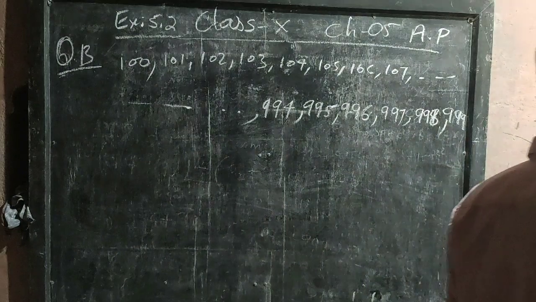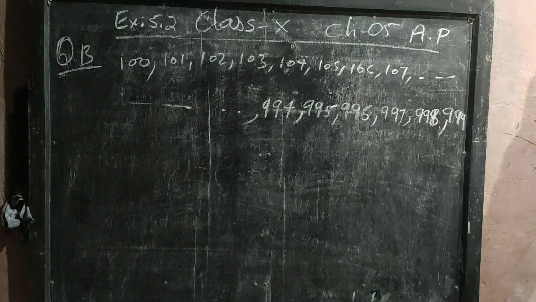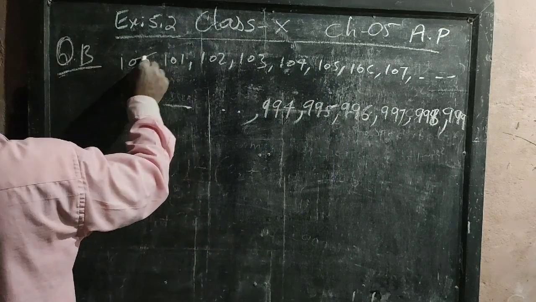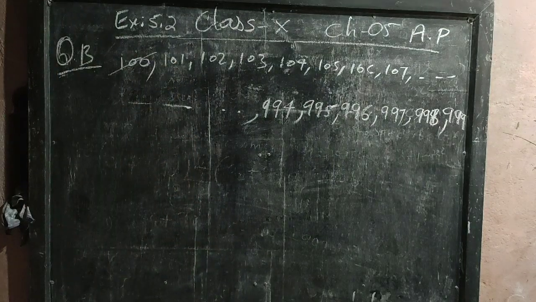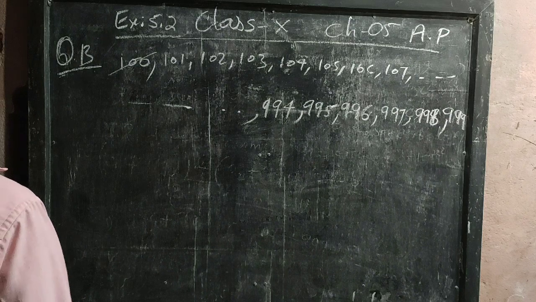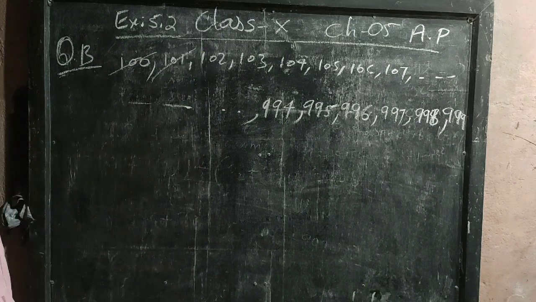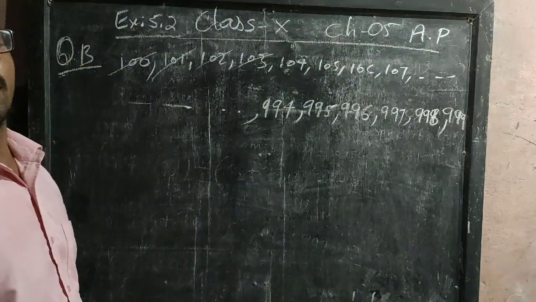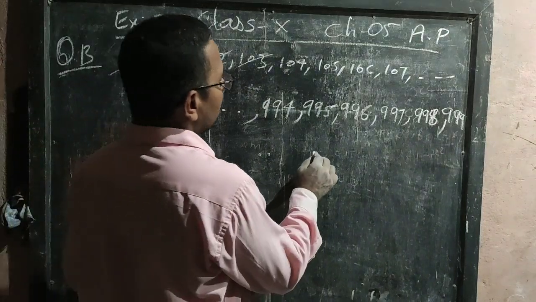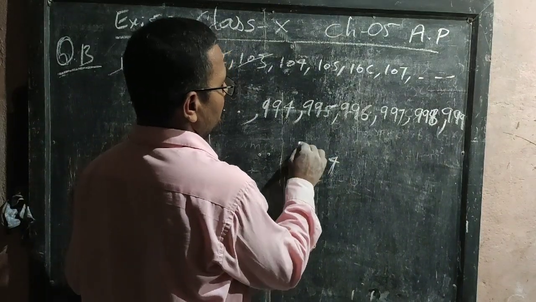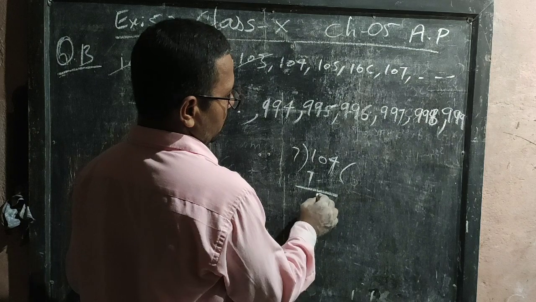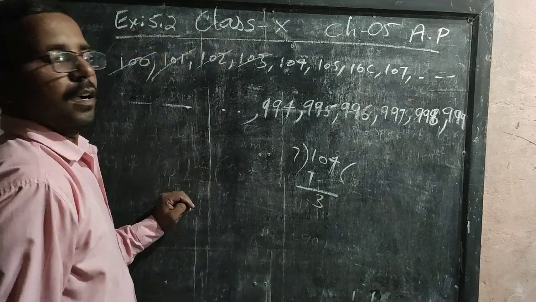But we do not have to calculate all of them, because each and every number is not divisible by 7. So we have to find the numbers which are divisible by 7. Check this 100, whether it is divisible by 7. No, it is not. Check the next one, 101. No, it is also not. 102, also not. 103, also not. 104, let's check here. 7 times... 3 and 4.